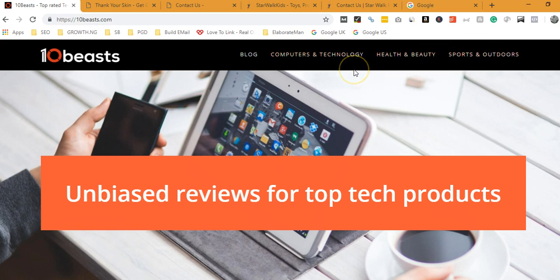Now the idea is this: if you have a new post idea, if it does not fall into any of these 3 categories, you don't write about it. You want to make sure that whatever you're writing, if you are starting out with 2 categories, it must either fit into one or the second. Or if you are starting with 3, it must fit into the first one, the second one, or the third one. So basically the idea is this: when you create a structure, let me use this Star Wars Kids site